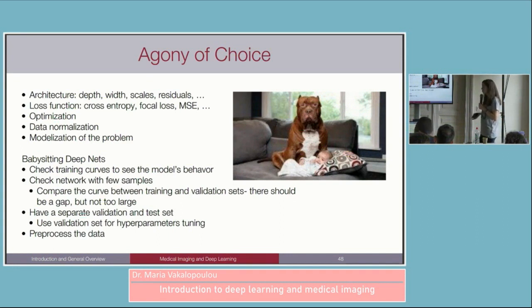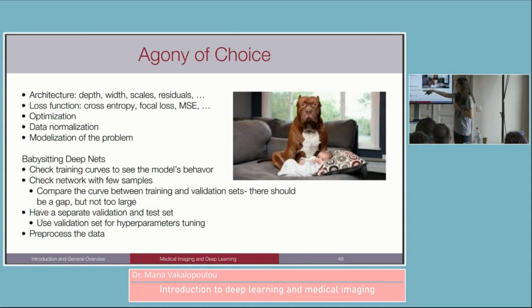of modules we will use, what kind of loss function we will use with respect to the problem and the data we have, the optimization strategy that we didn't really talk a lot during this lecture, how we will normalize, we will pre-process the data. And overall, we have a lot of things that we need to optimize. And of course, even if we select about this, it's not like we press a button and everything will work out of the box. We really need to keep track on what is happening on the training and validation curve,